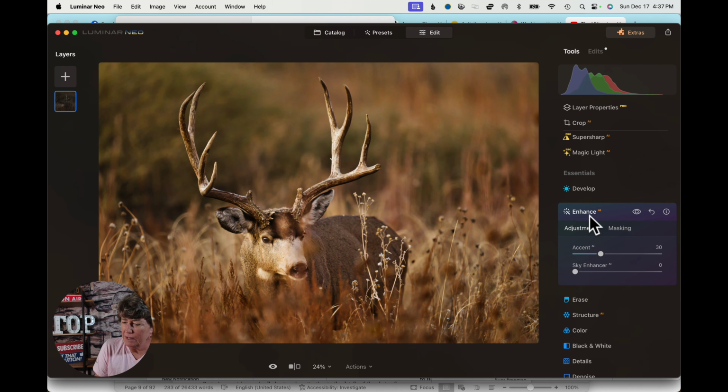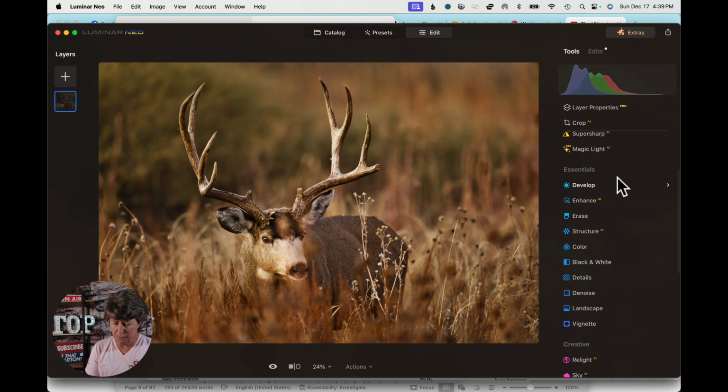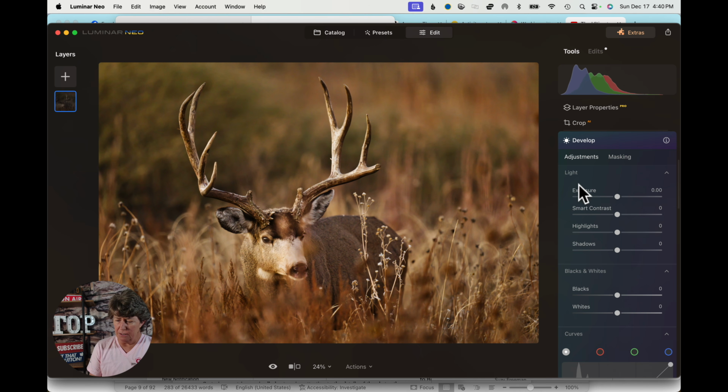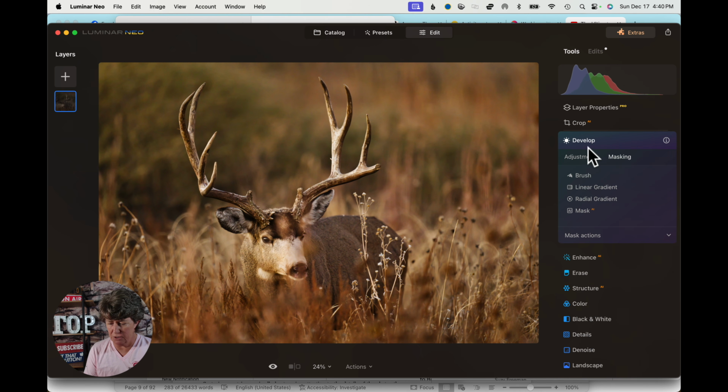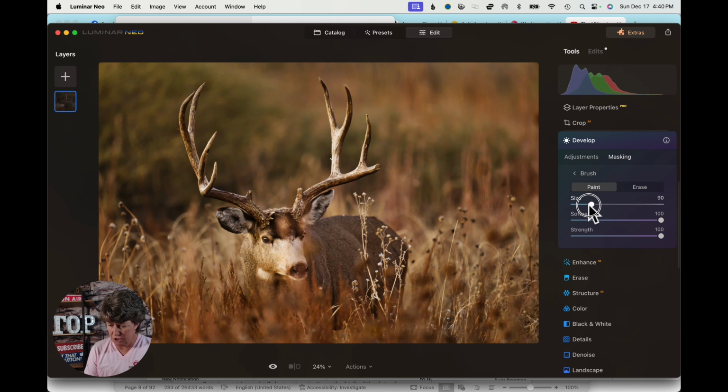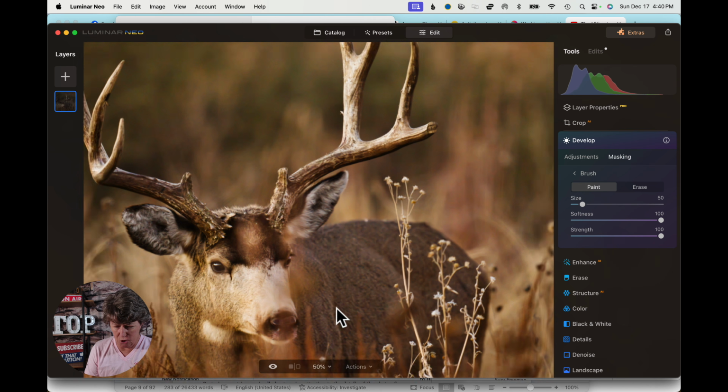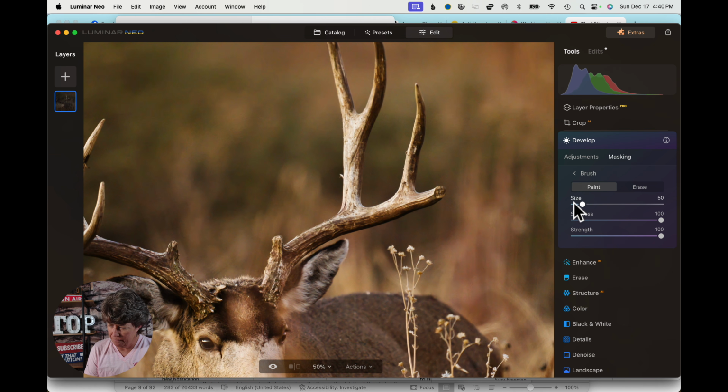All right, so let's see what we can do about that antler. And now notice your development raw went away. It's no longer raw. So now I'm going to go into this development and I'm going to show you another little mask tool. I'm going to take a brush and go down here to the bottom and I'm going to increase the size by 50%. And I'm going to just paint this area right here